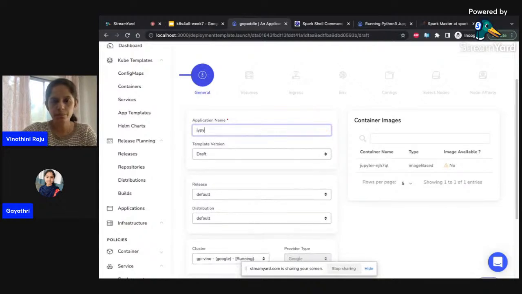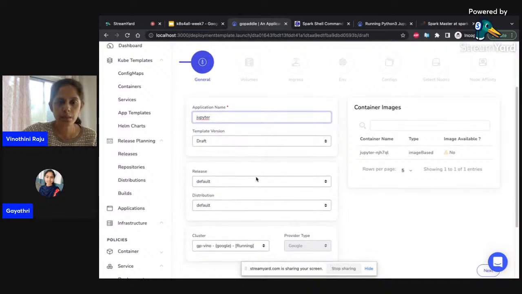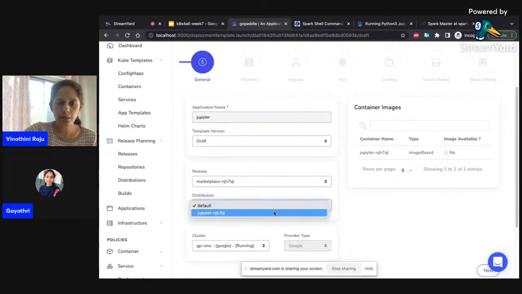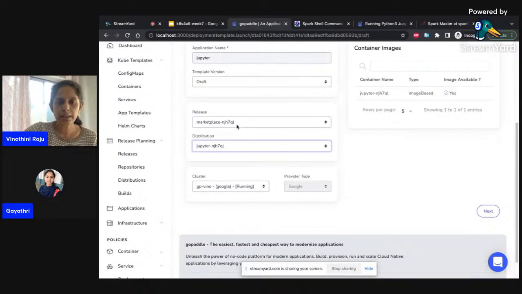I'm giving it a name. When I subscribe, it automatically creates a release from where you can launch. This release has this distribution called Jupyter, and it has the corresponding image. I'm launching this on a Google environment. If you're using a community edition, it will be the local MicroCreators environment. And then you can choose